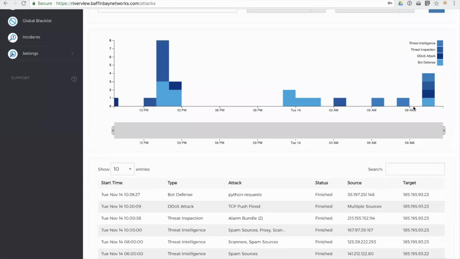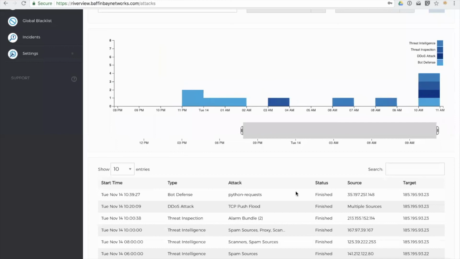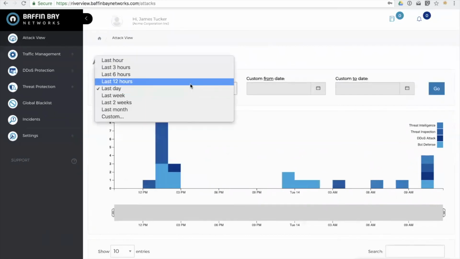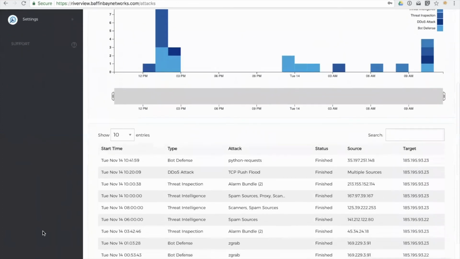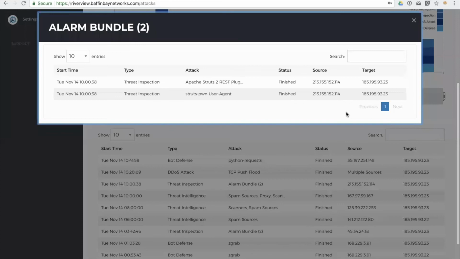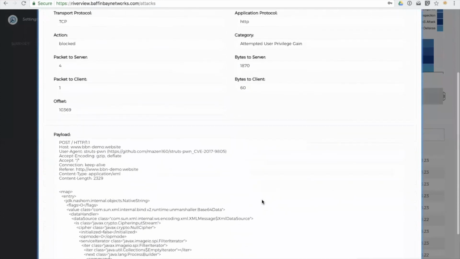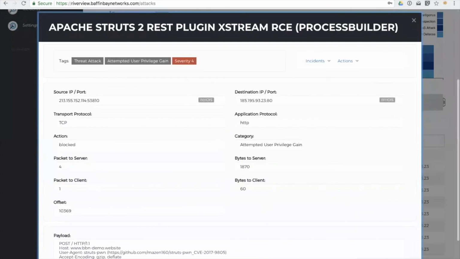Riverview and I refresh this, let's go ahead and change it. Oh, nope, don't need to. Cool. We've got an alarm bundle in here where we can see the Apache Struts 2 REST plugin, or the REST plugin Extreme RCE, right? We can go and Google that and get more information about this, but this is where